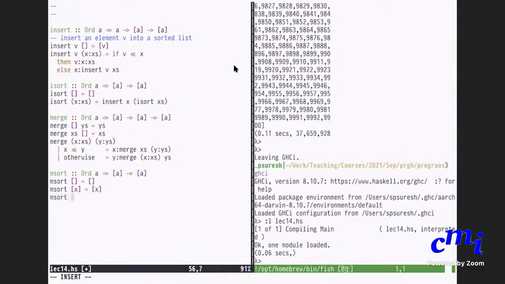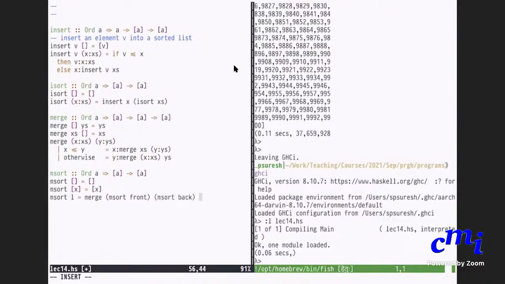M sort of any other list equals merge of, you want to split the list into two halves. I'll call it front and back. Merge of M sort front and M sort back.